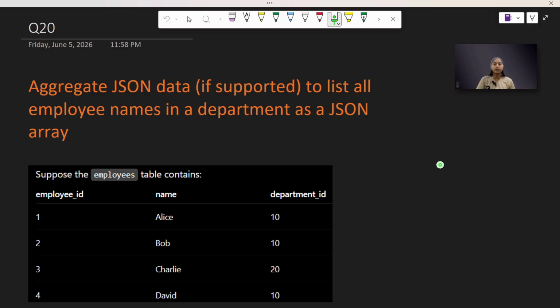Now we will be solving our actual problem number 20. So let's read the question first. Here we have to use aggregate JSON data to list all the employee names in the department as a JSON file. So normally, the data we stored in the previous unit